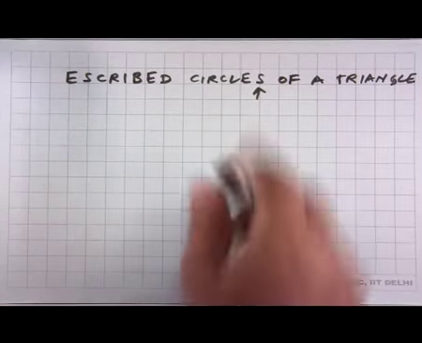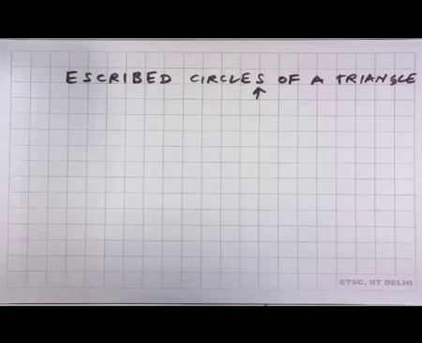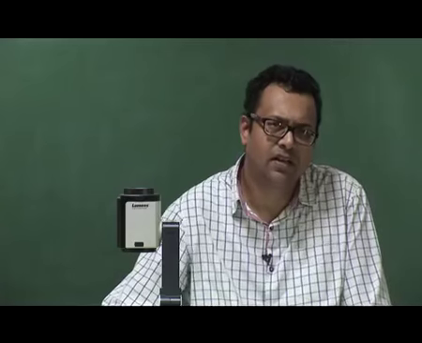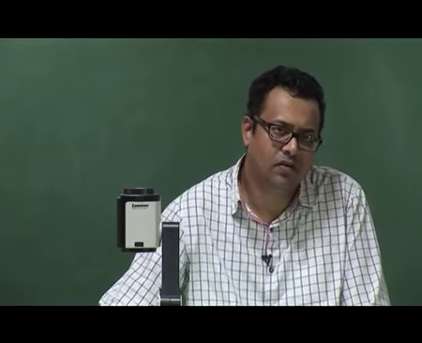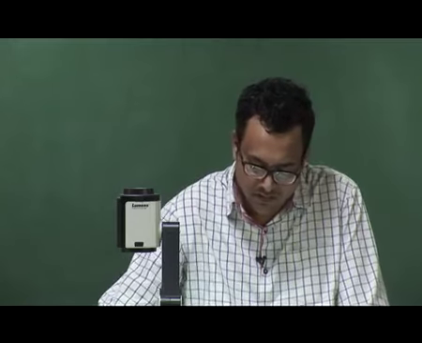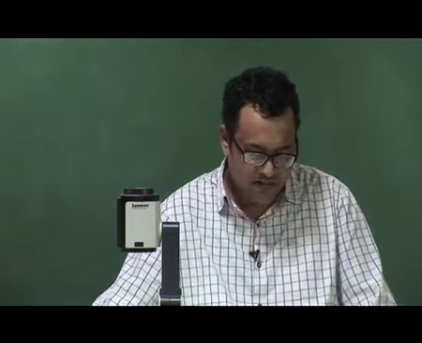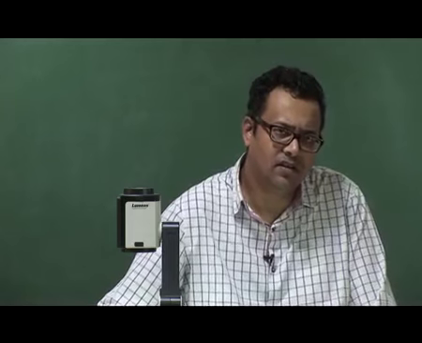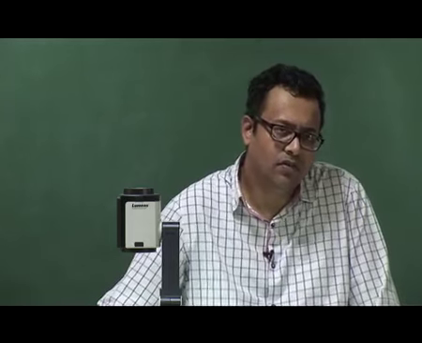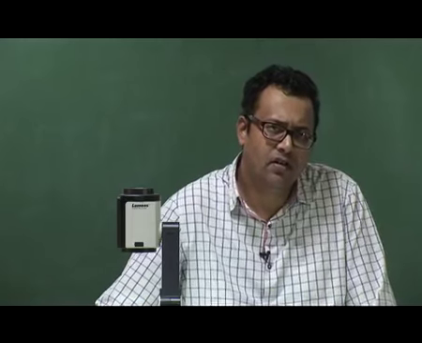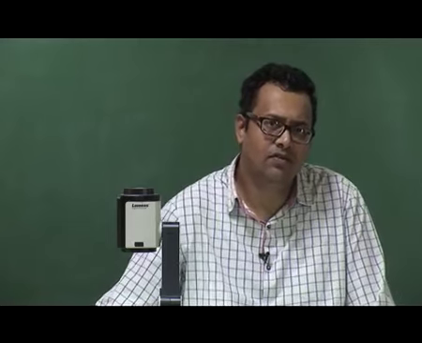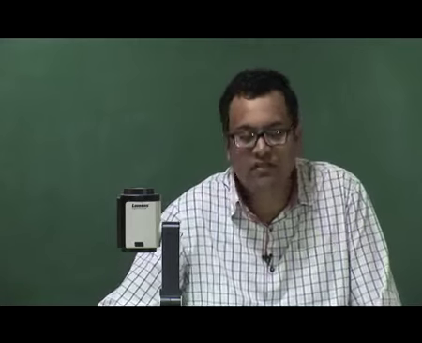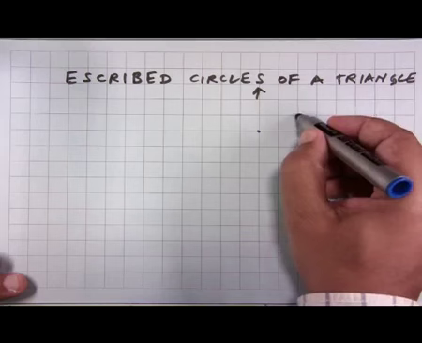The reason for this S is that we do not have a unique ascribed circle. In fact, there are 3 distinct ascribed circles of a triangle, and this is not the same as the case of the circumcircle and the incircle, because we know that for any given triangle there is always a unique circumcircle and a unique incircle, but that is not the case with ascribed circles. So, let us see what an ascribed circle means.